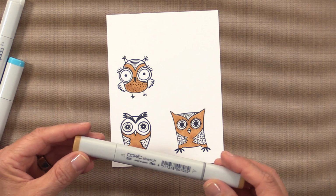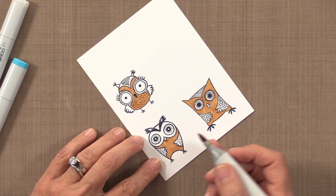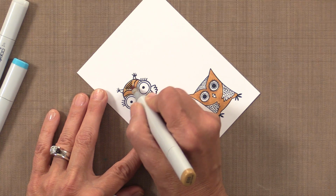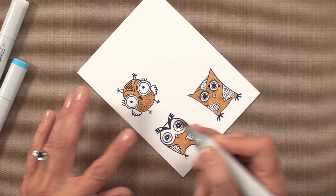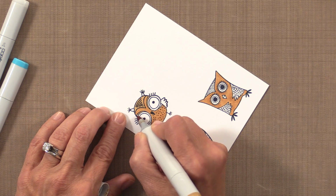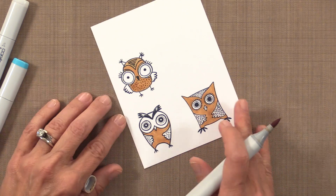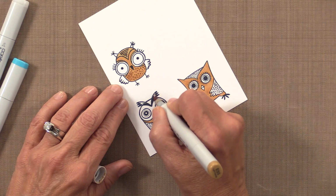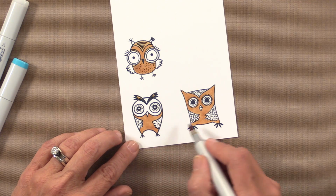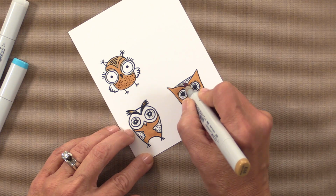So now I'm going to grab this lighter marker. This is the E55, and I'm going to add just a little bit of this lighter one up here. It's not a terribly different color, but it's just enough so that you can see that this one's a little bit darker. So I'll add that there, and then I think I'll do his little feathers up here. I'm going to leave the rest of that turquoise, and I think I'll do his head in the lighter